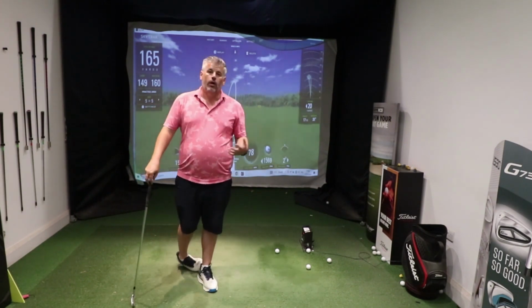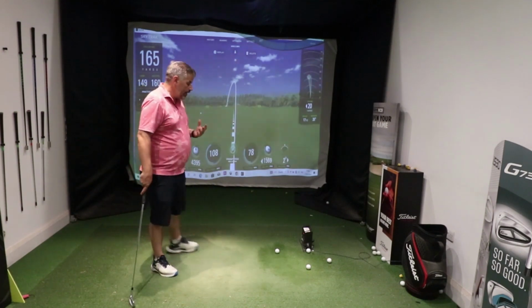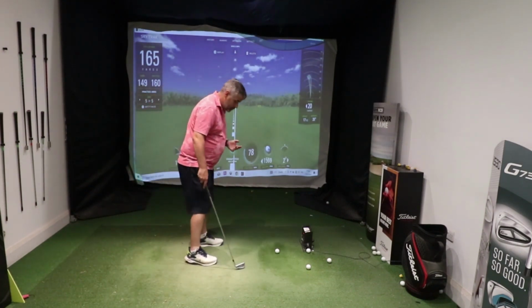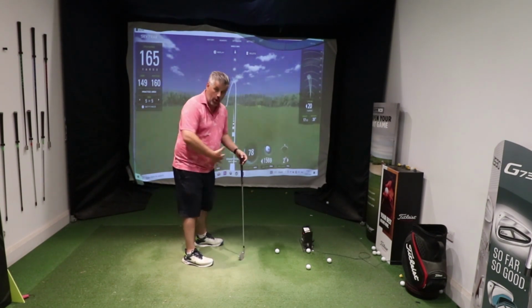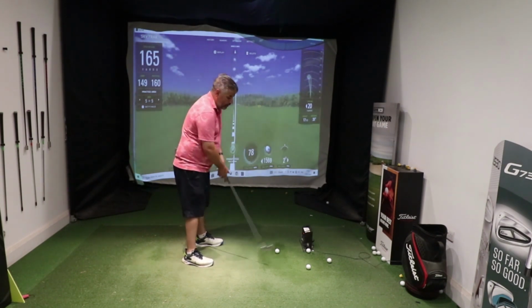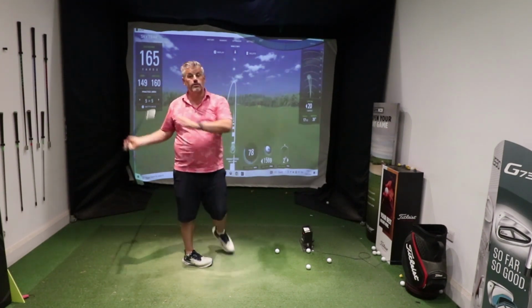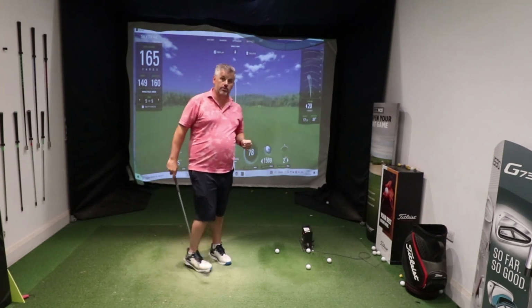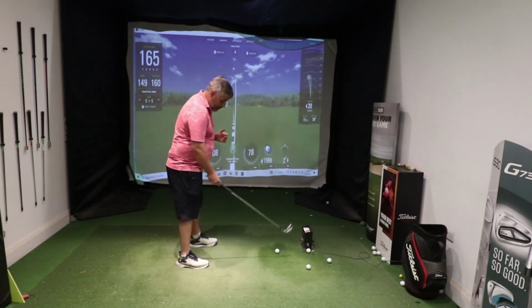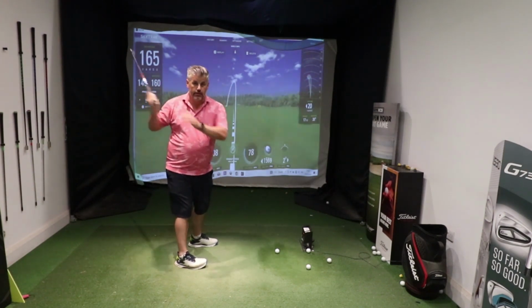Now, if you are a senior golfer and this is something that you've been working on, it can help to just bring this right foot back ever so slightly. So from an address position, we're already opening up our hips a little bit. That's going to allow you to turn a lot freer, get your hands into a much deeper position there. Okay, hand depth is absolutely key. So we're trying to bring that right foot back, achieve a better turn, get the hands into a deeper position